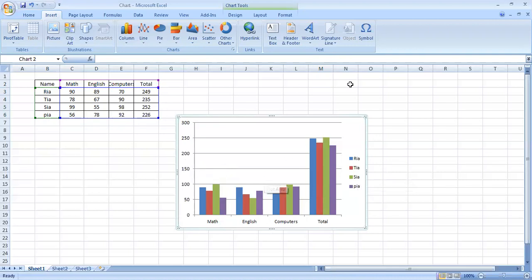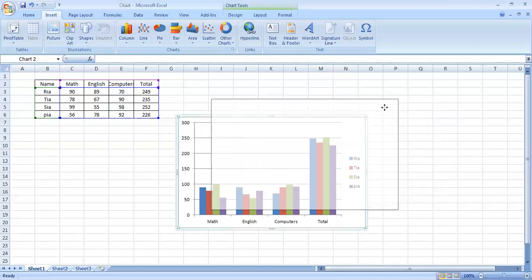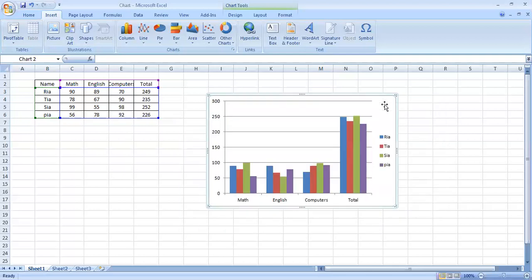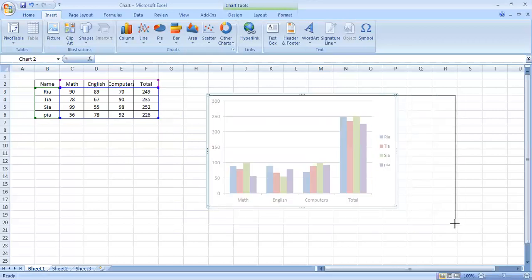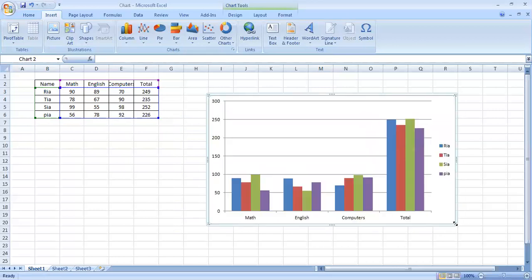Okay, so now you can see that this is our chart. Very important, what you can do, you can just click on or keep your cursor on this chart area, and with the help of the mouse you can move the chart wherever you want. Next thing, take your mouse cursor to the right extreme corner, and an arrow will appear here, by which you can change the size of the chart. You can increase it or you can decrease it. And if you don't want this chart, you can simply click on the chart area and press the delete button, and you can delete the chart.